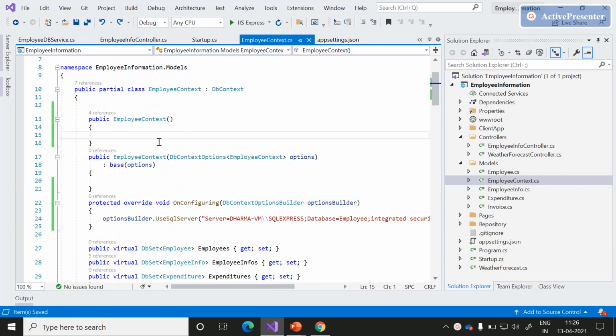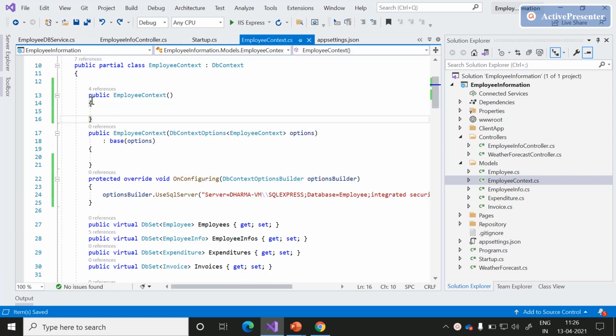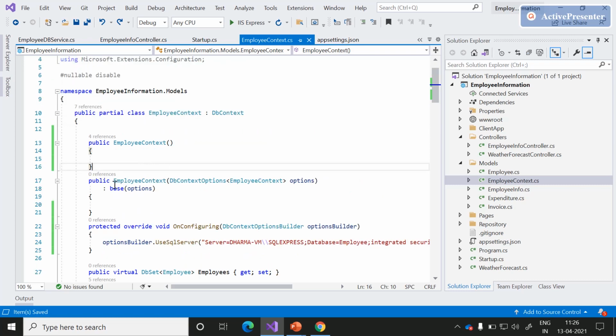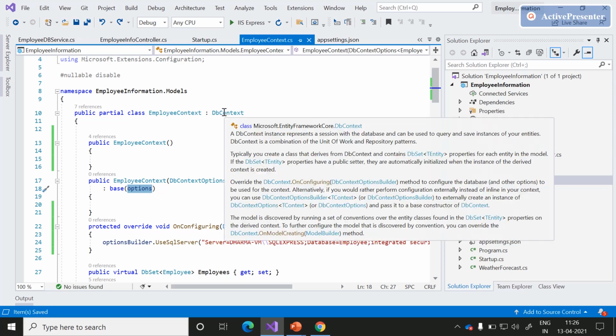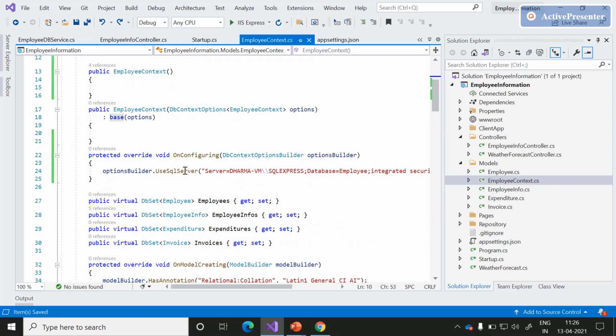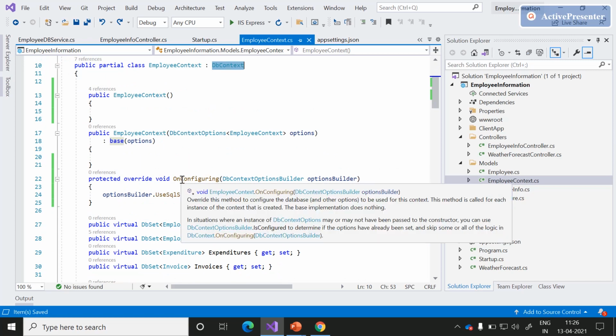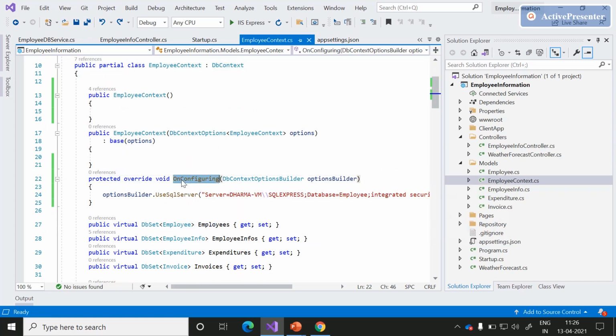If you observe this employee context, there is one parameterless constructor and one parameterized constructor. In this parameterized constructor, we are passing the options, nothing but DB context options, to the base class, that is DB context. And there is an override method called onConfiguring.